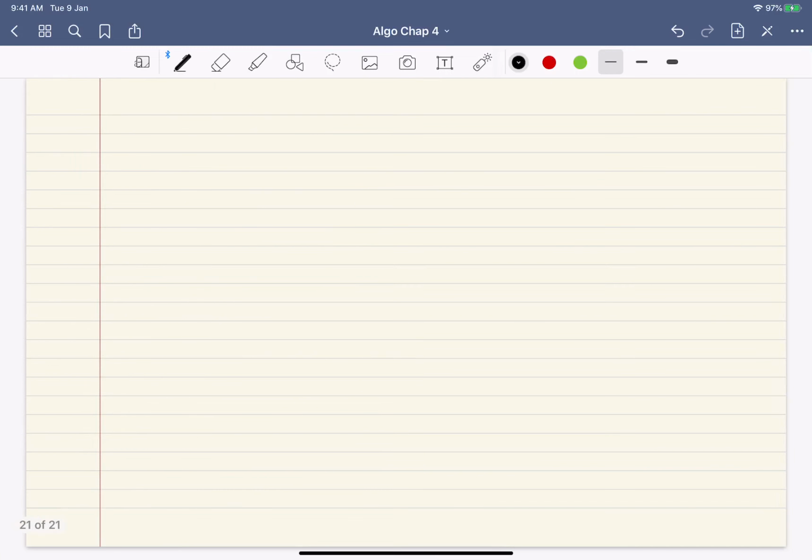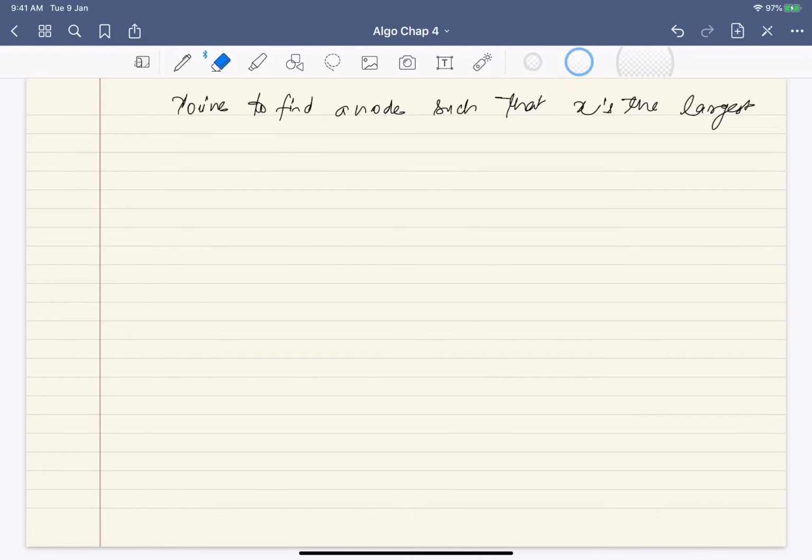So let me write in a clean manner. You have to find a node such that k is the largest element in its left subtree. And how will you get such an element?